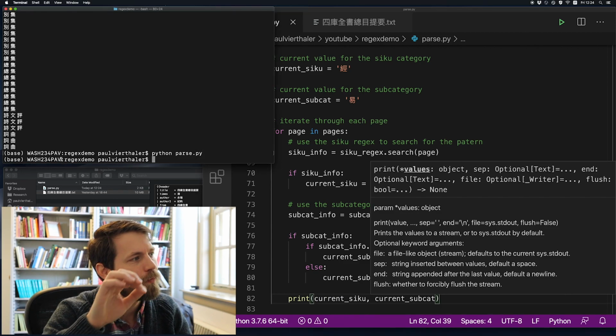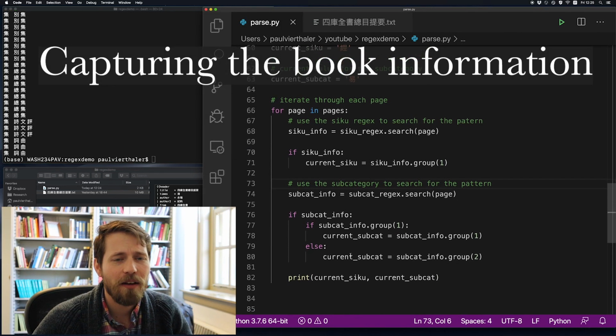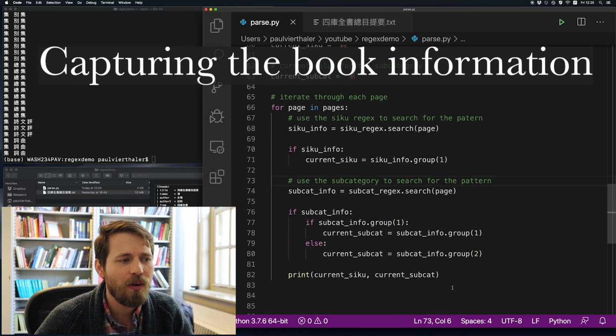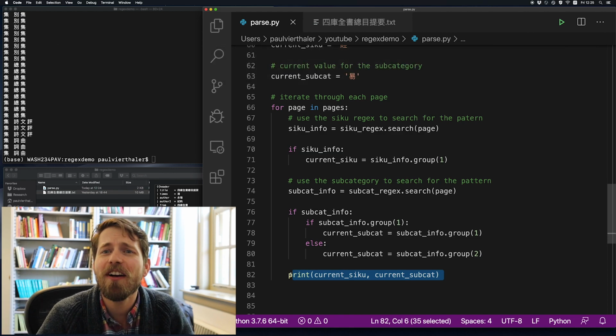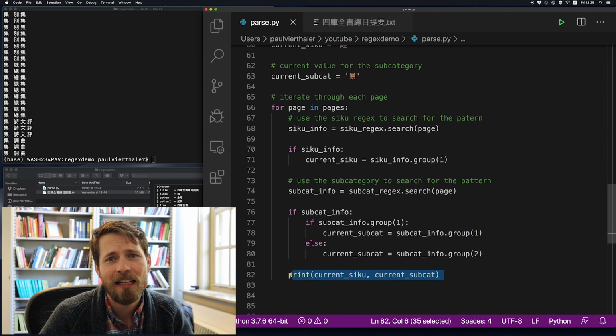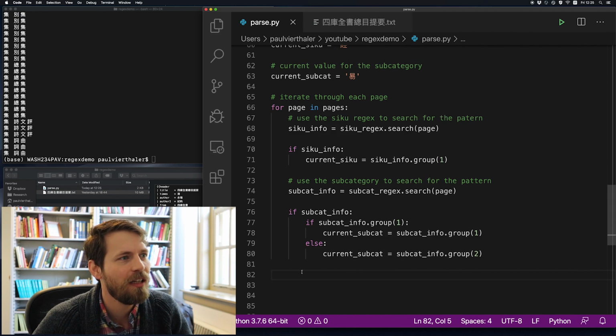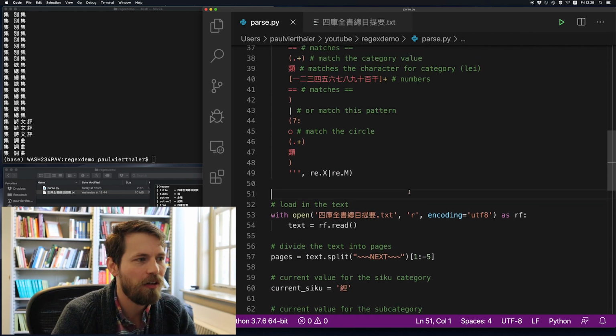Run this. Works just fine. Okay, so now we have the first two pieces of information. Let's write another regular expression that actually finds the books themselves. Now, these patterns are going to be a bit more complicated, so we need to be careful about how we do this. I'll get rid of this print statement, and I'll start